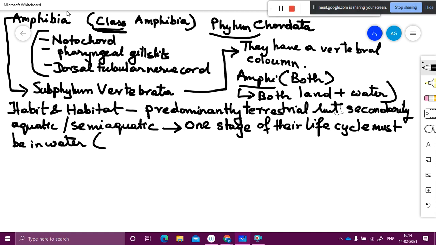So predominantly the larval stage in most of them. And another feature which among their habit and habitat is